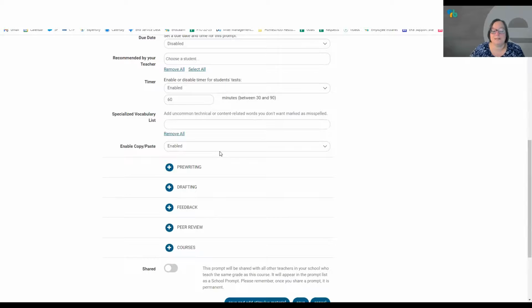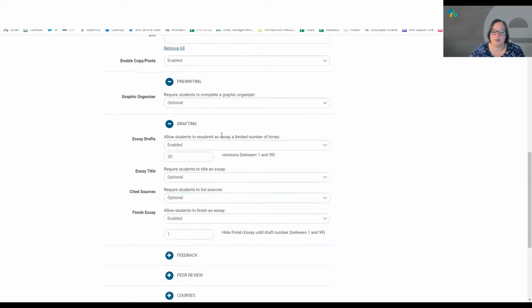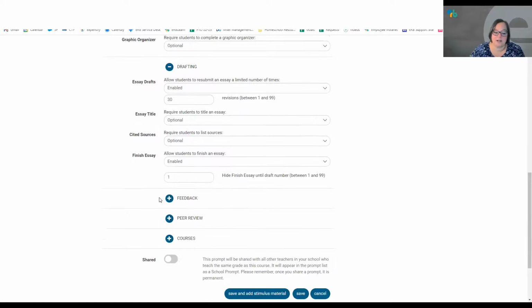And you can enable or disable copy and paste. So if you do not want students to be able to copy material from somewhere else and paste it in, you can disable that here for this particular prompt. You can, as I mentioned before, require or make optional a graphic organizer, lots of options for drafting, amount of time, what's required, all of that good stuff.